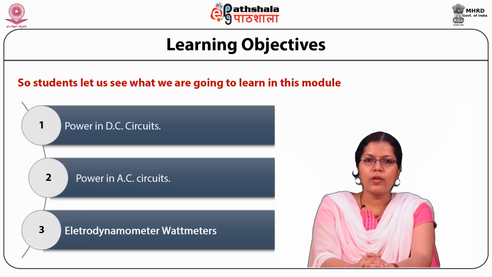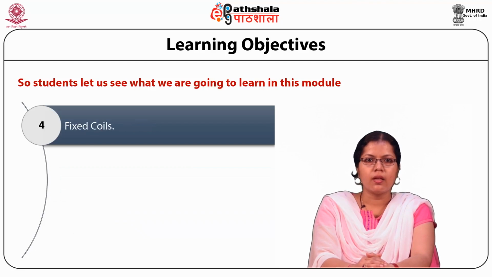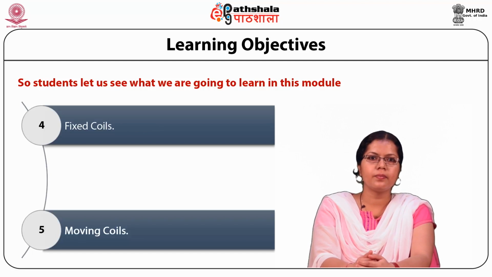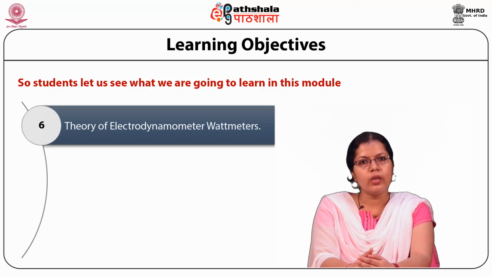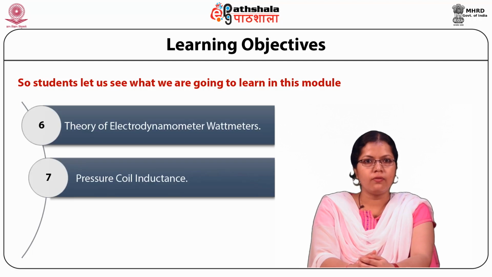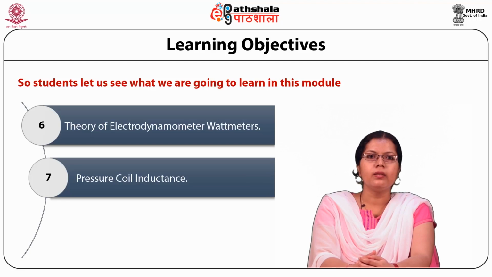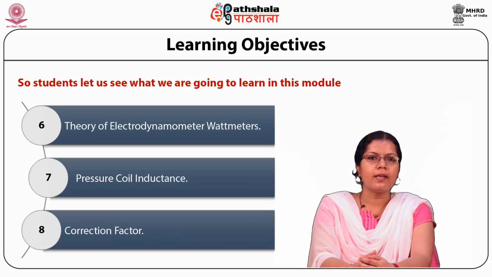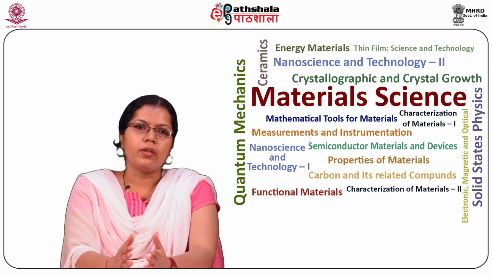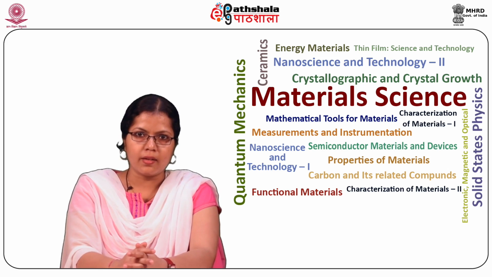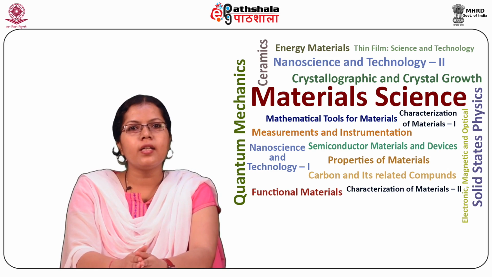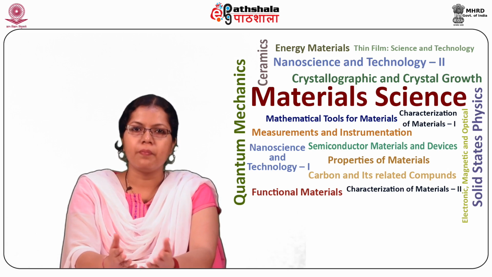Then, electrodynamometer wattmeters, which have fixed coils and moving coils. Towards the end, we will see the theory of electrodynamometer wattmeters, in which we will study the pressure coil inductance and the correction factor. Students, the power may be defined as the rate at which energy is transformed or made